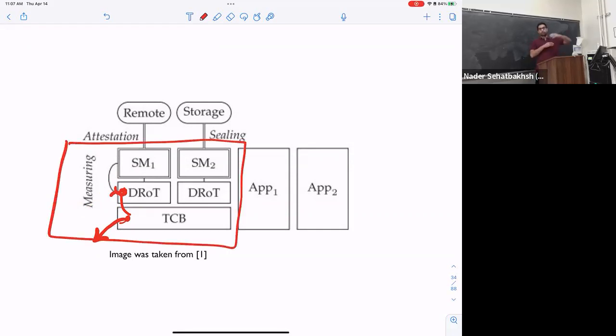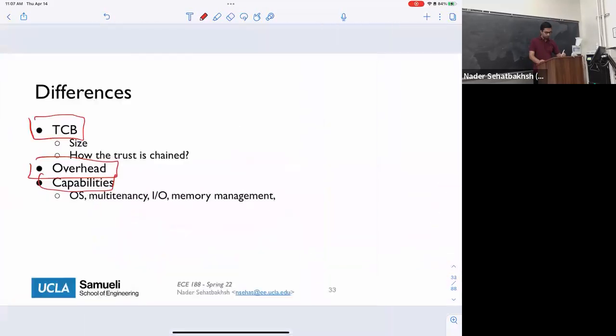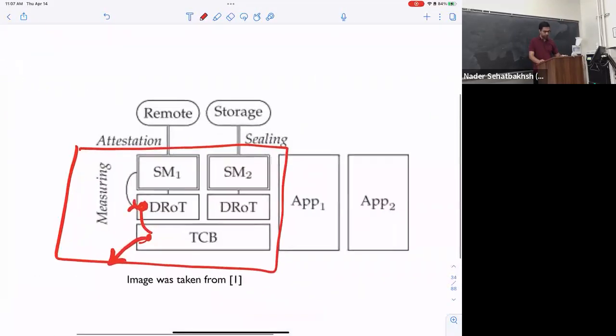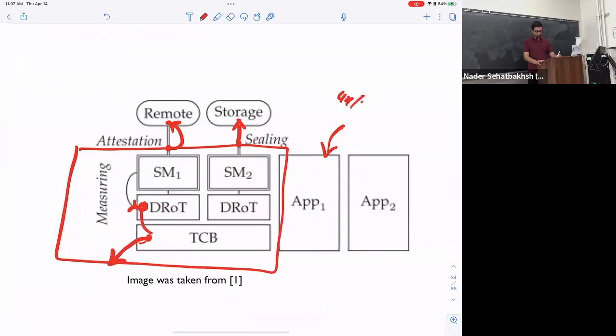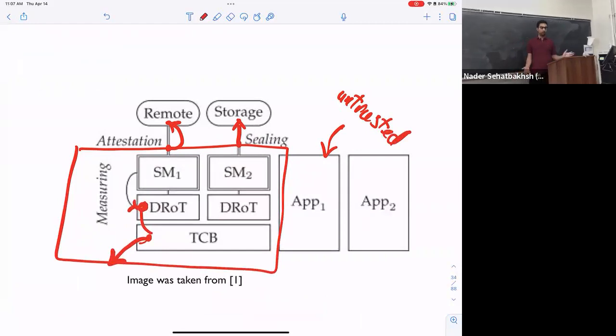And then when you want to talk to the outside world, you use a method called attestation, which we actually talked about before. And if you want to store something, you don't just directly store it, you seal things and then store it. Next to these things, you also have your untrusted apps. This red part would be your trusted domain, and this non-red part would be your untrusted domain. You will have multiple apps that are not necessarily part of your trusted execution environment, and that's totally normal.